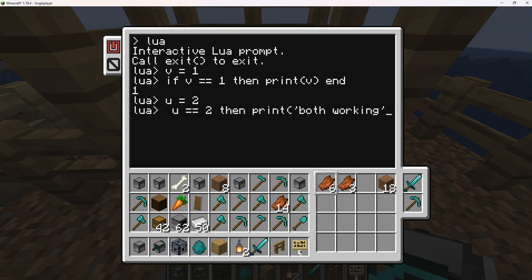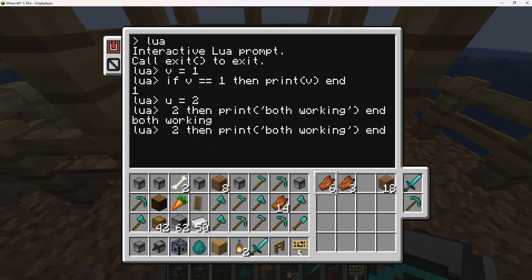Okay, that's if both things are true, we will get that print statement to tell us both working. Okay, both working, great. If this is not true, if u does not equal 2, but instead we're asking to